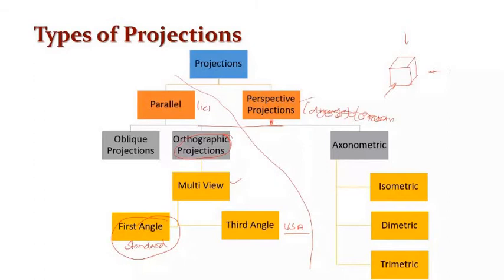Under parallel projection, other than oblique and orthographic projections, we will have one more projection called axonometric projection, which is also called pictorial projection. In that, again, there are three types, which are different standards. In that, we are going to see the isometric. So in the whole, we will discuss two topics in projection: under orthographic, first angle projection, and under axonometric, isometric projection. We will be discussing these topics in the next 3 to 4 modules. Is that clear?